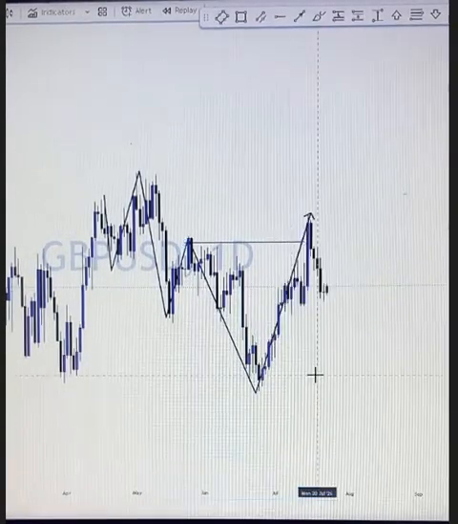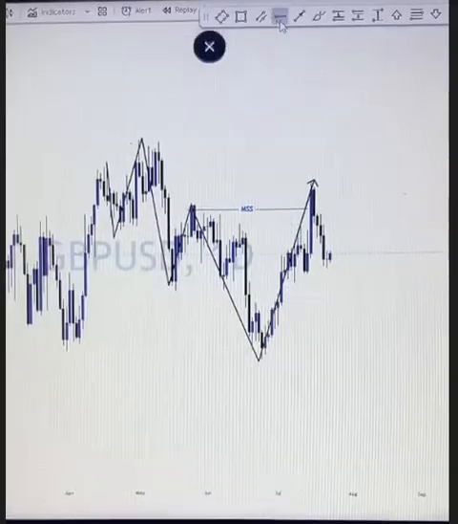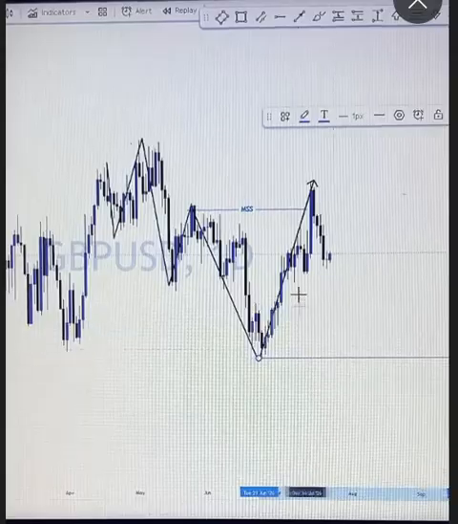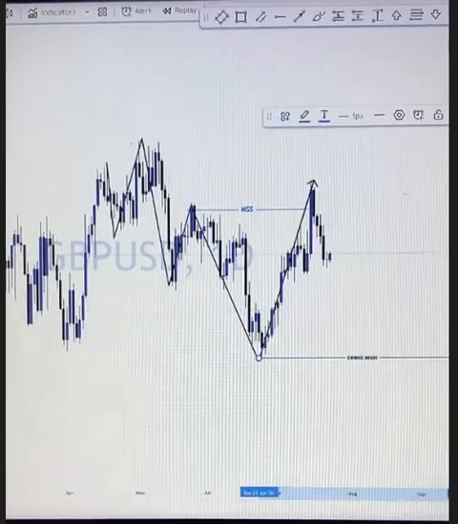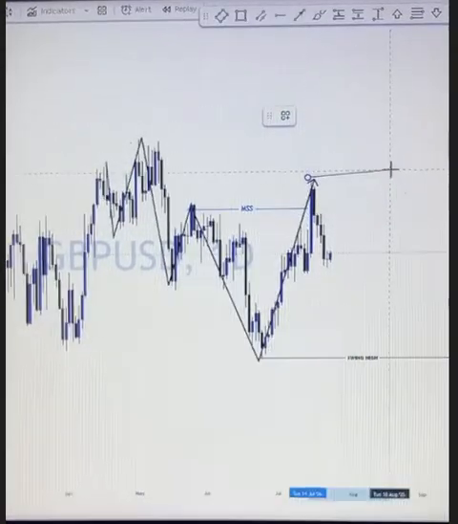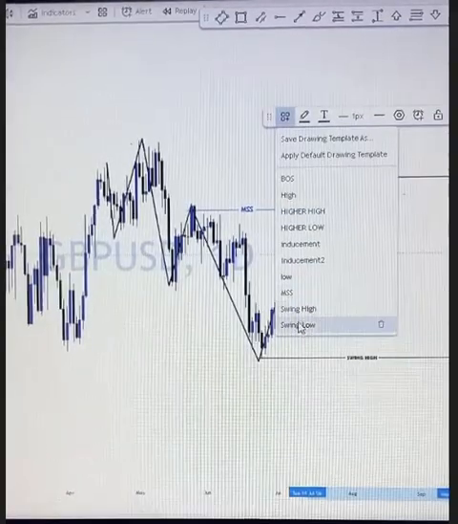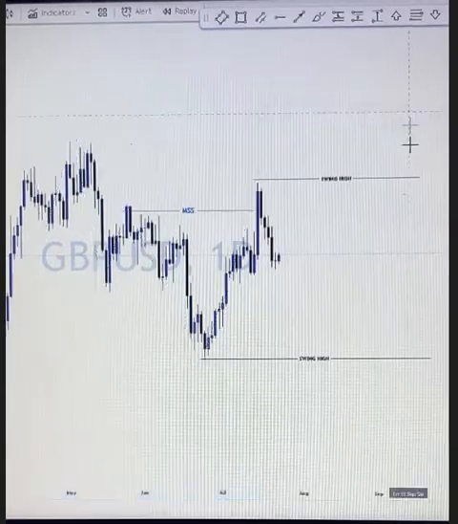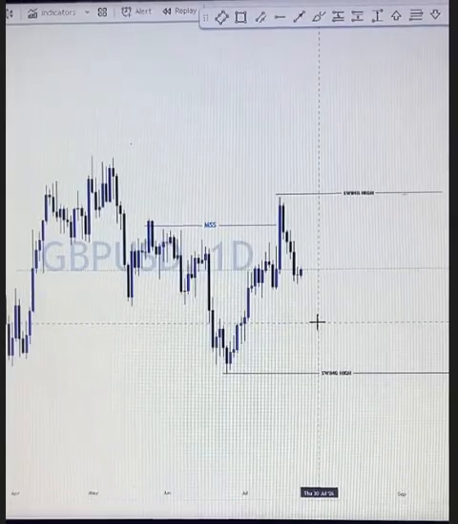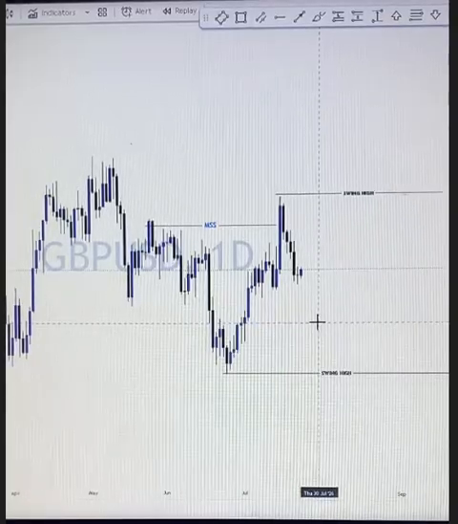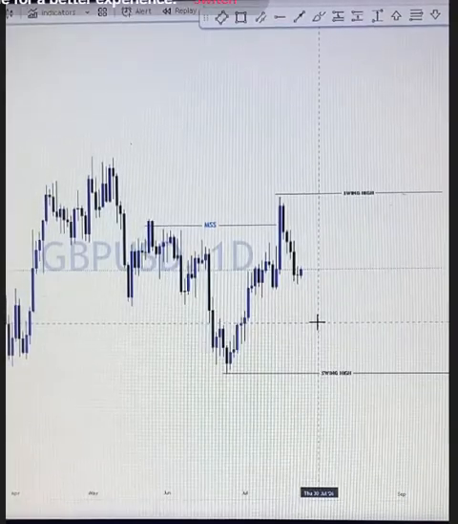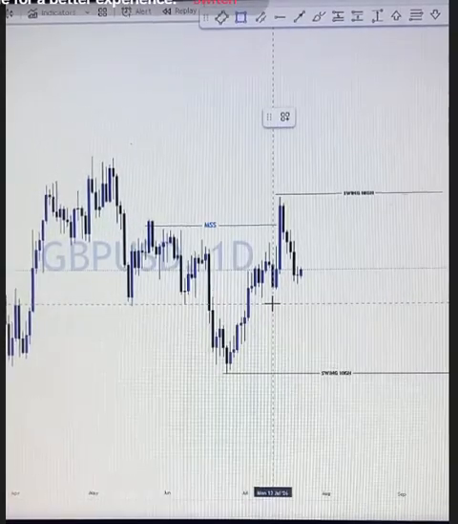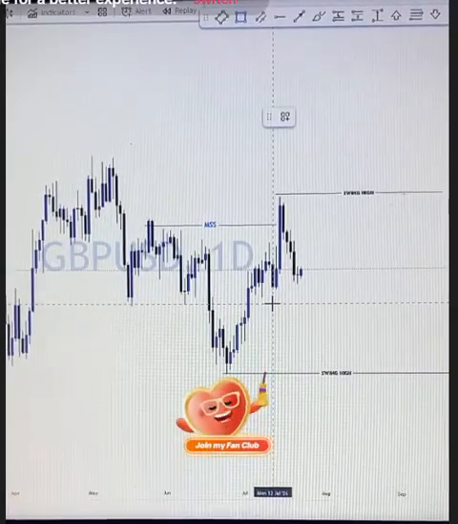This is what? Market structure shift, right? So the next thing we do is what? We identify our swing low, right? Then identify what? Our swing high. Good. After we've gotten this, what do we do next? Anybody? After we've gotten our direction, because we can see our direction right here, what do we do next? We mark what? Our key level. But before going to that level, what is our direction right here?